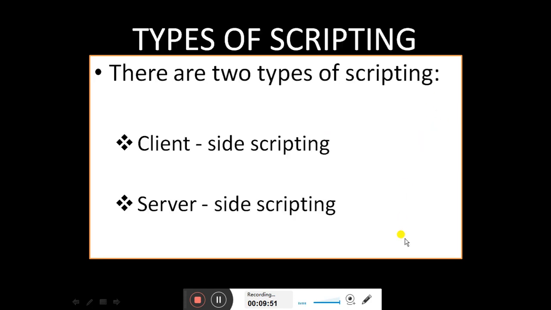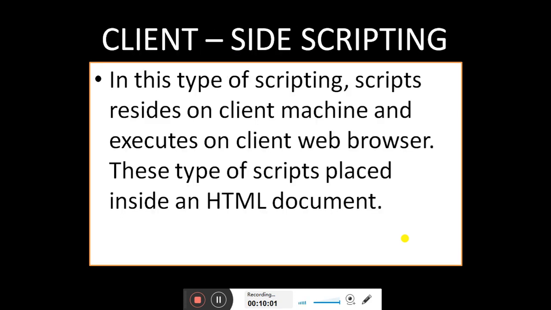Now there are two types of scripting. One is client-side scripting and another one is server-side scripting. What is client-side scripting? In this type of scripting, the script resides on the client machine and executes on the client web browser. This type of script is placed inside an HTML document.